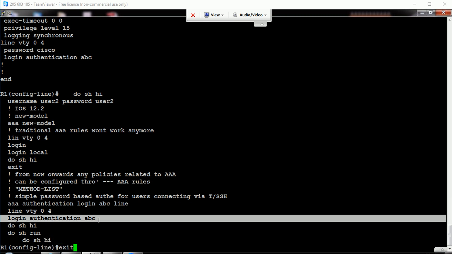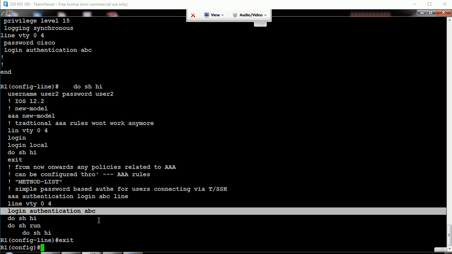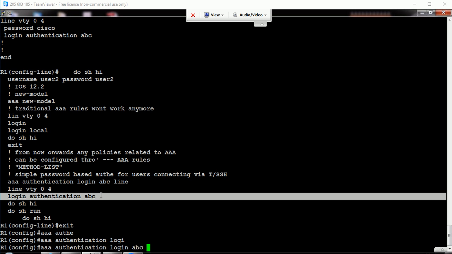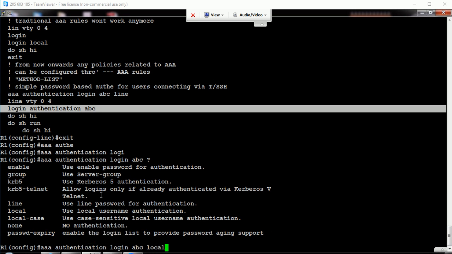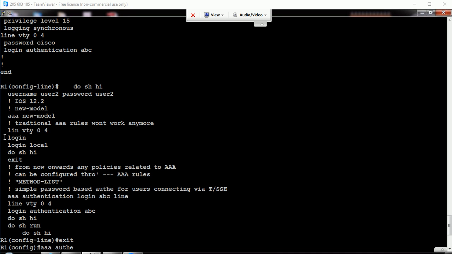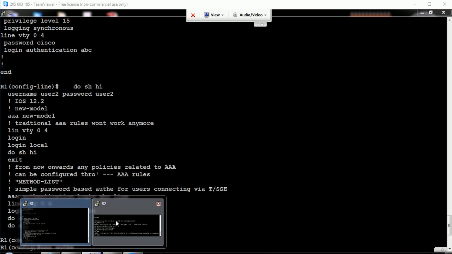Now instead of password only, I want to authenticate him based on username and password. So what I'm going to do is, in the existing rule that I created earlier, I'm going to change it slightly. For rule ABC, I'm not going to use password, instead I'm going to use locally created or locally stored username and password. Already inside the local appliance we have some usernames and passwords. Those usernames and passwords will be used. Let's see this time.